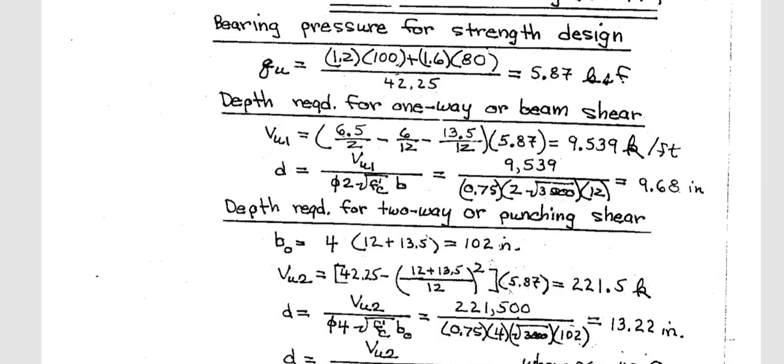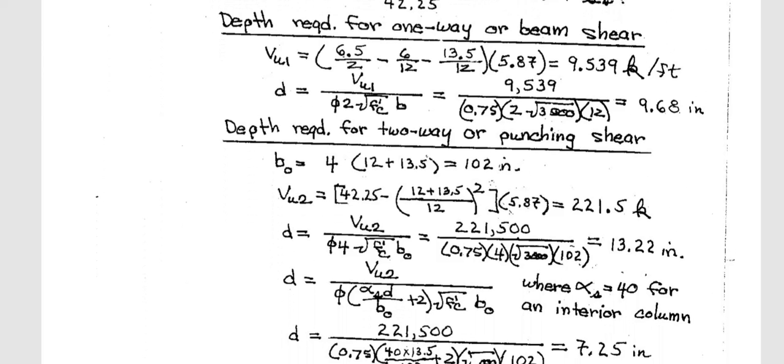How much are we providing? We are providing 13.5 inch. So we are providing more, so it is good. Now it looks over designed. Yes, it is over designed. We can go back and change it, but there's something else to say in shear that is called punching shear. That is something new to this